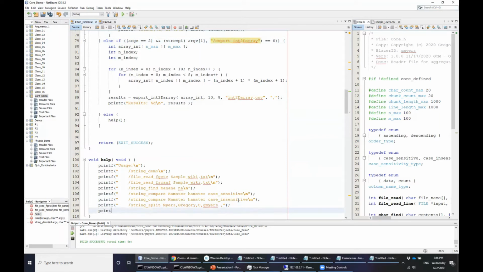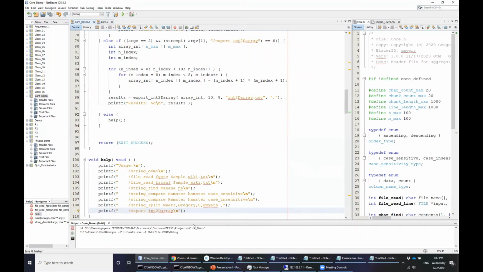So we'll have a printf, and we'll provide this string, this switch with no additional switches. By the way, we can always come back and have another version of this that would accept maybe the parameters for n and m, as well as the file name and the delimiter. But I wanted to keep this first example very, very simple. So I'm going to go ahead and build this,